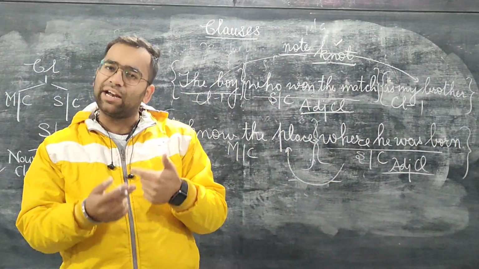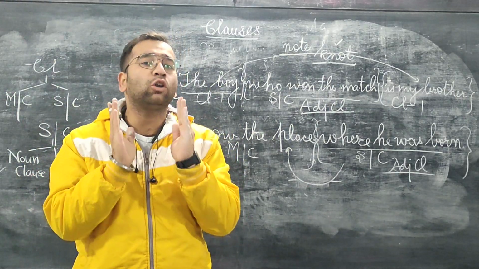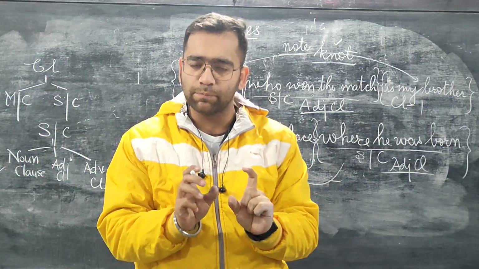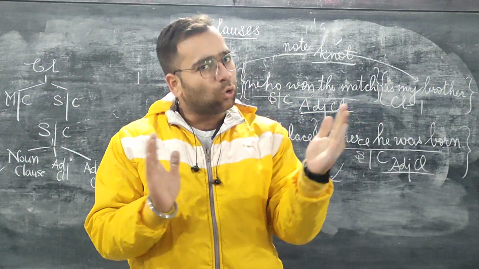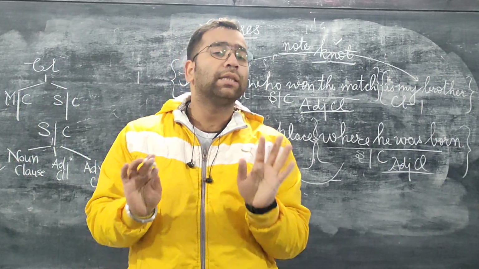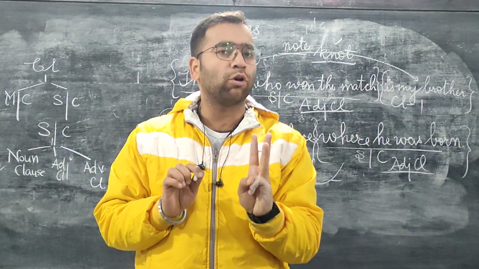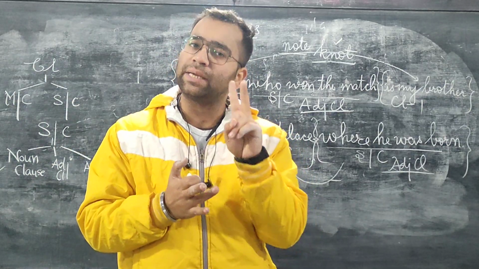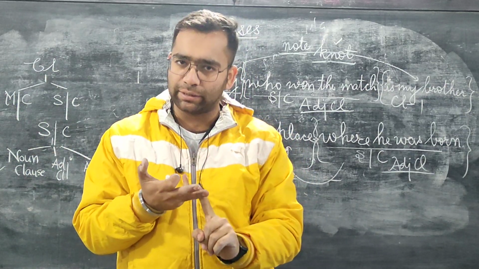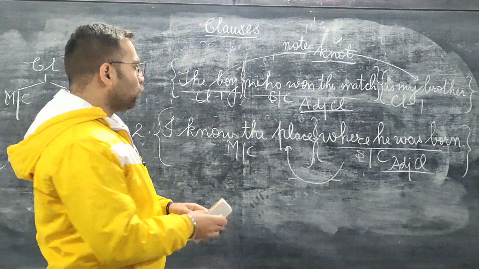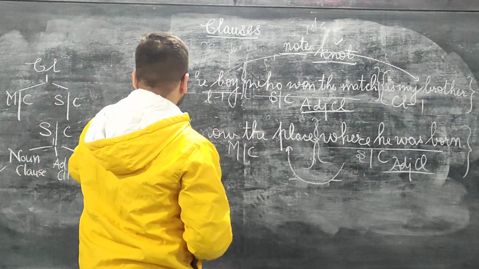This will become an adjective clause. If at all you are having any difficulty in recognizing them, pause the video, go back, watch again, and clear your doubts. There are only three kinds of subordinate clause: noun, adjective and adverb. Till now I have explained two, noun and adjective. Now I am explaining the third one. Okay? Look at the examples which I take now.